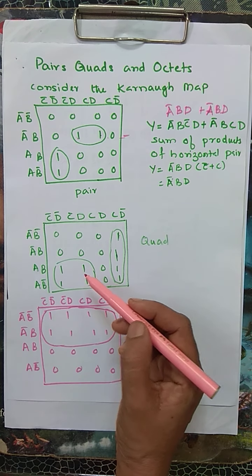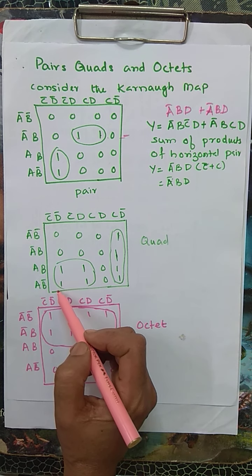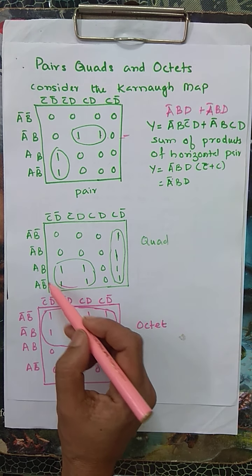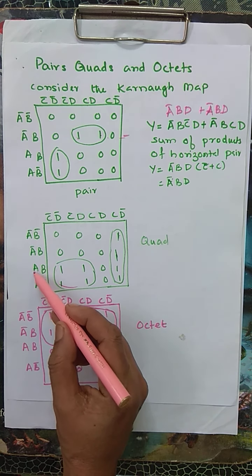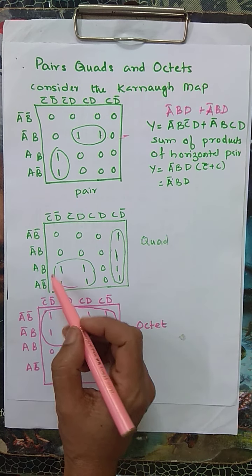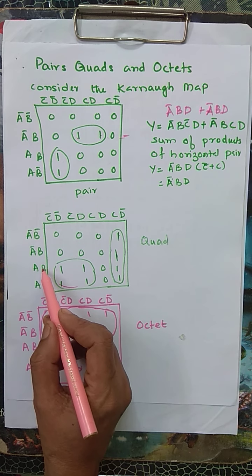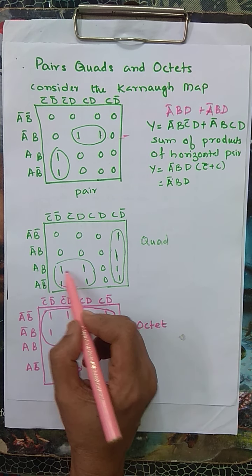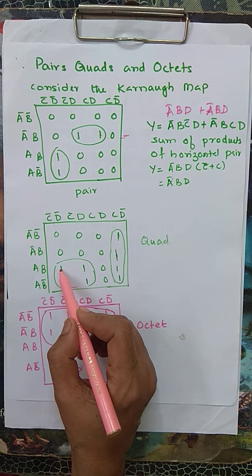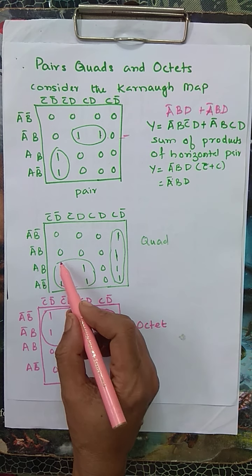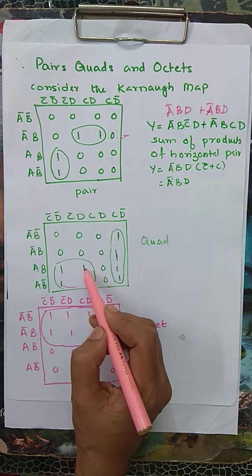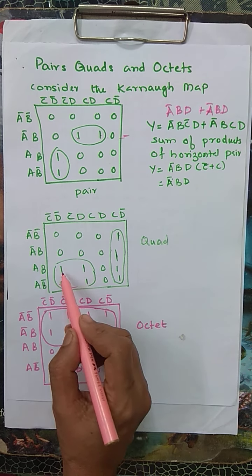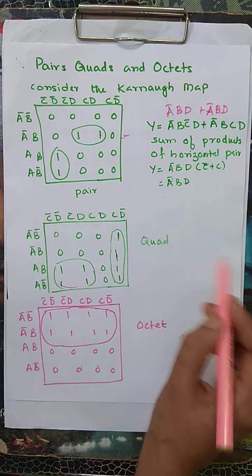Similarly, in the case of quad also, when you have the variables changing like this, whichever variable is changing, in this case, if you look at this, B is changing to B complement, A is remaining same. So when you write down the expression, you can drop this variable which is changing. This is dropped. When you look at this, here it is C complement D, C complement D complement, C complement D. So here the changing variable is D. So D also can be dropped from this expression when you write down the expression.